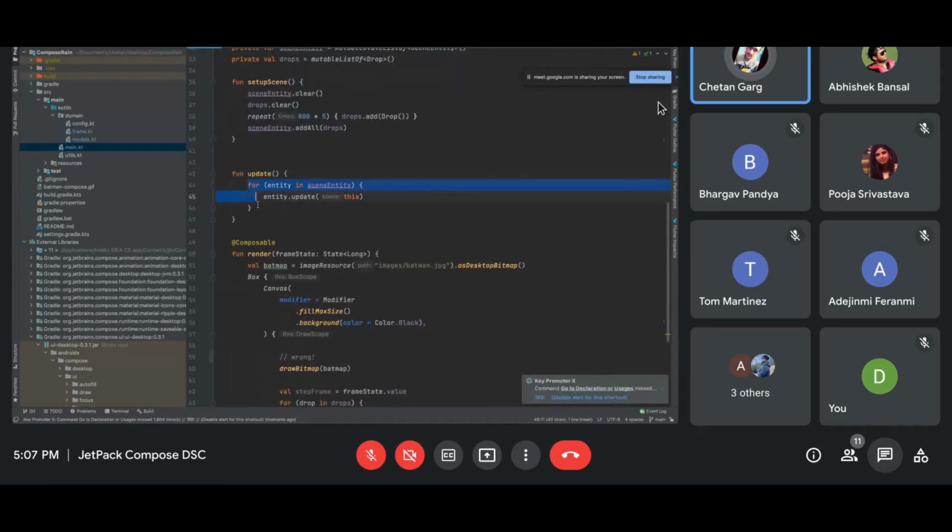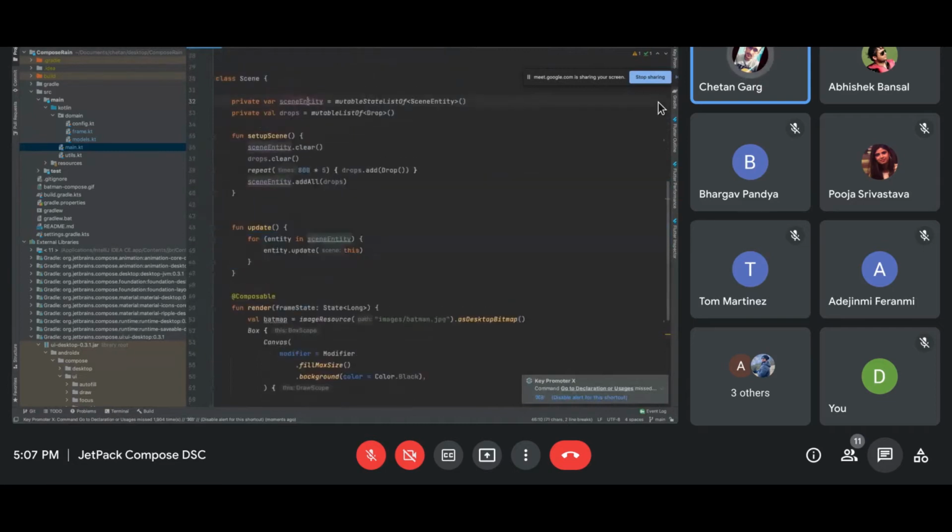And where is this scenario.update? It is this. You can see I have created a screen entity. These are the players. These are the players on my screen. They are the entities on my screen. Every item which I create, and then again I'm taking all the drop items and adding them to my screen entities. And then for every screen entity item, I'm calling this update. Now you might be thinking where this entity update is getting created.